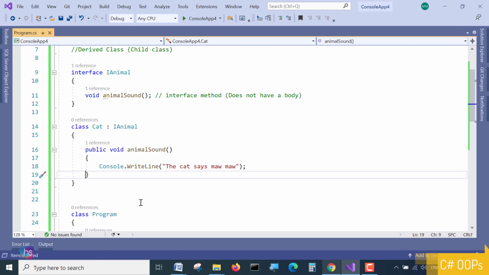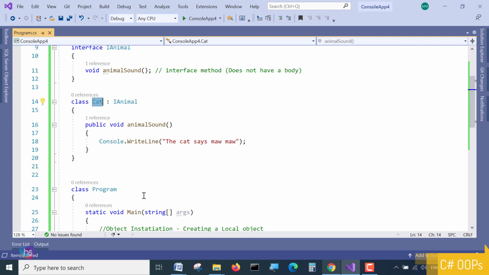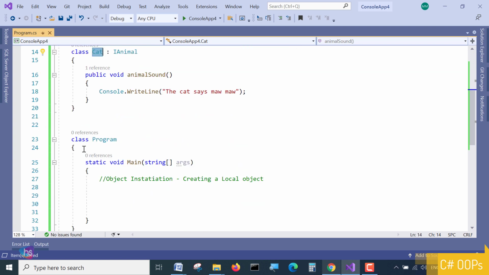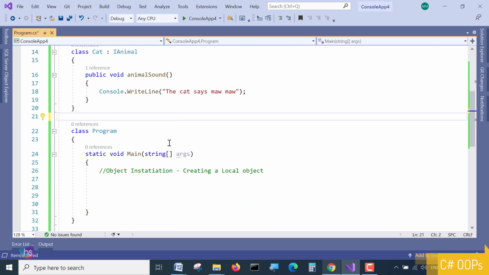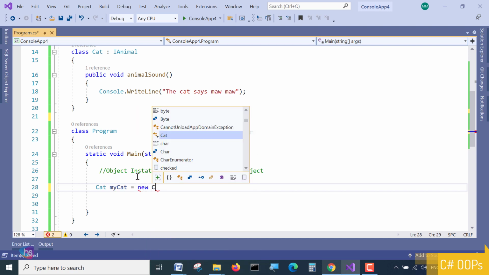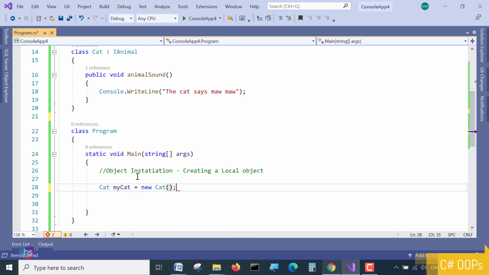Yes, saved successfully. We are not going to instantiate IAnimal. We use instantiation for the child class. So I'm going to instantiate the child class in my program. What I'll do is Cat myCat equals new Cat. Object instantiation is done.